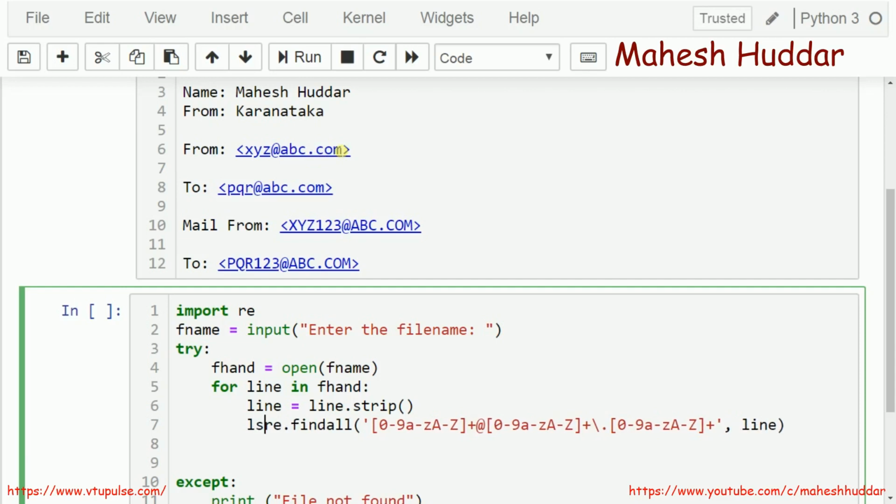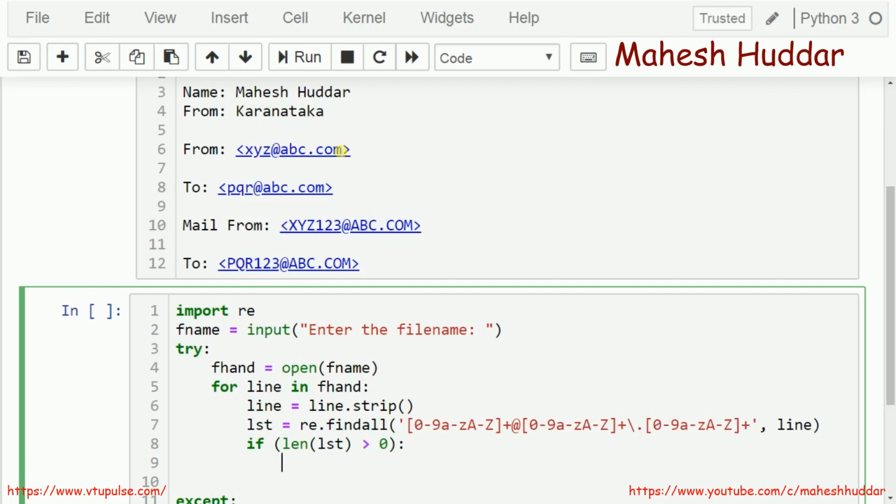Now we want to store that particular email ID, so I will create one variable called LST. It will store all the returned values, or the matched content, into LST. Now we will have one very simple condition, whether the length of LST is greater than 0 or not. If it is greater than 0, something is returned. For example, in the first and second case, nothing will be returned, so there is no point in displaying. But when it comes to the remaining 4 lines, the email ID is returned to you. So definitely the length will be more than 0 in that case. So print that particular LST in that case.